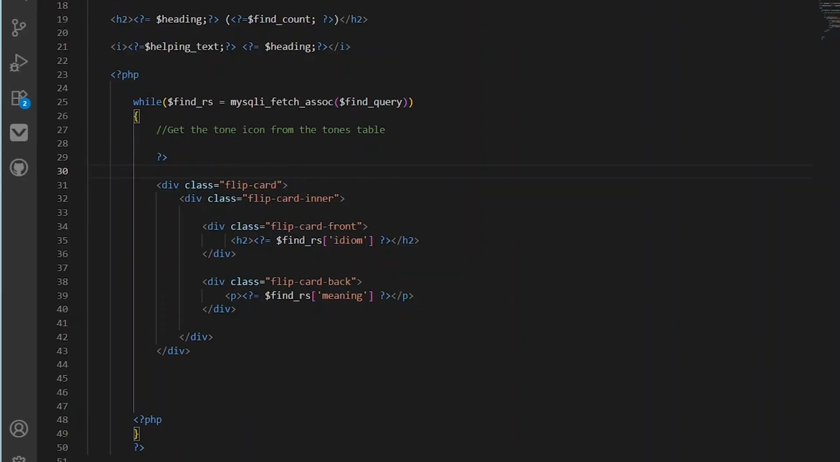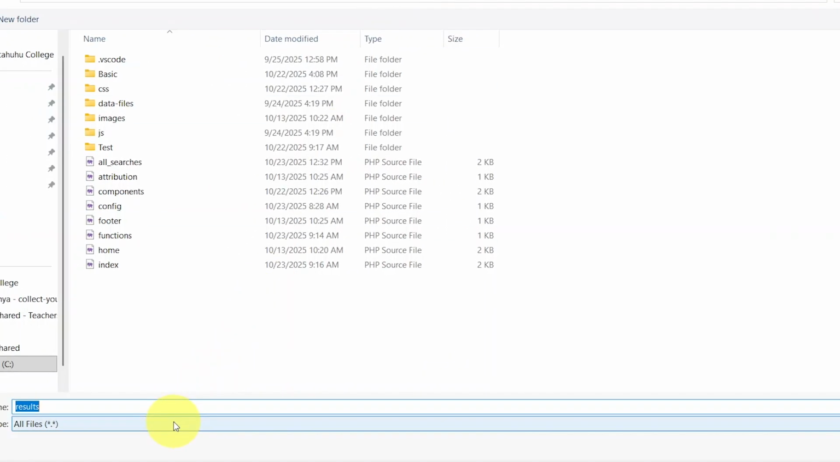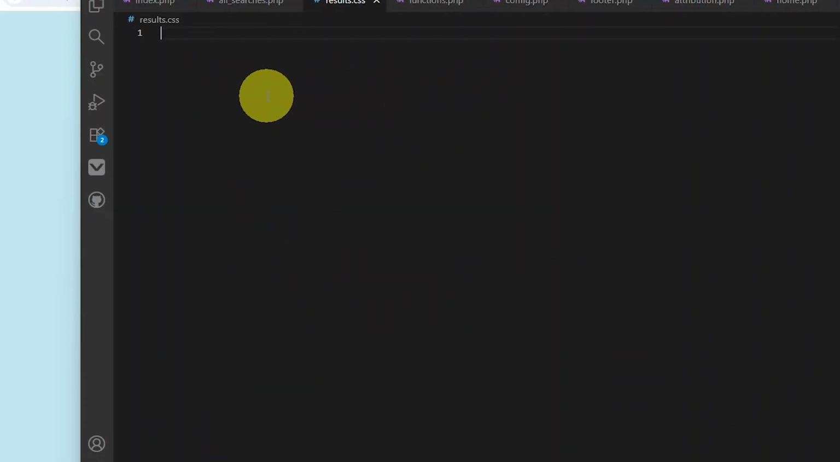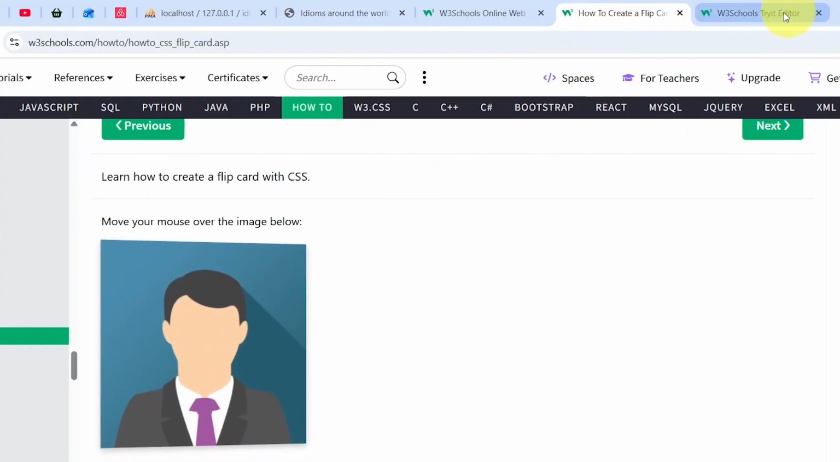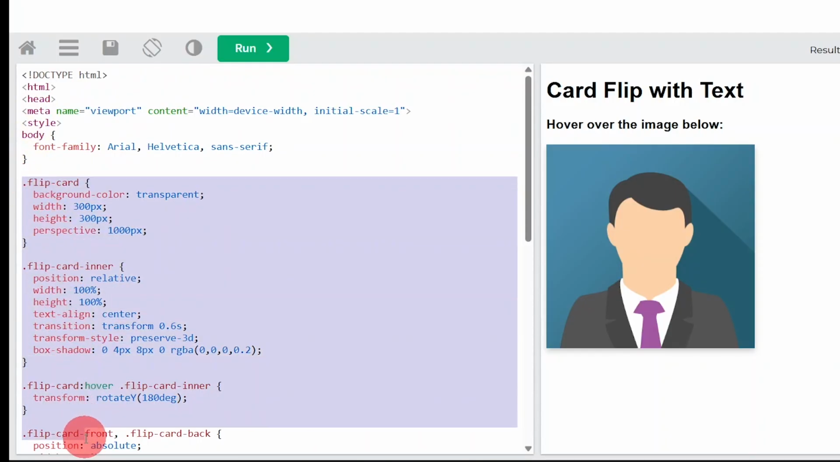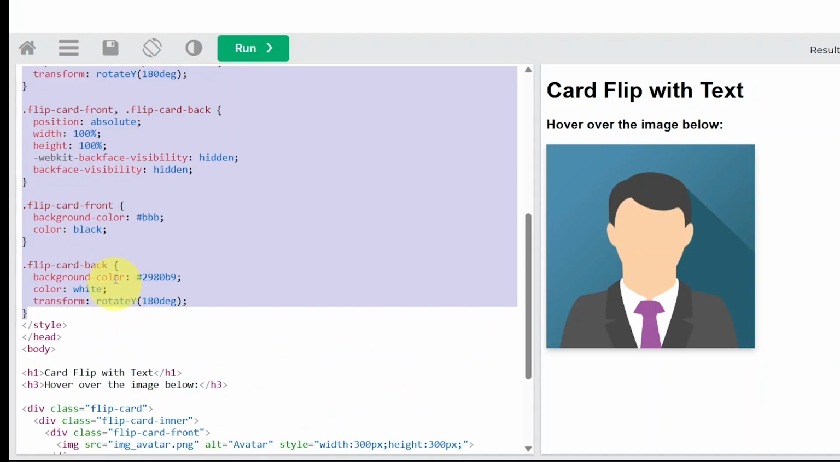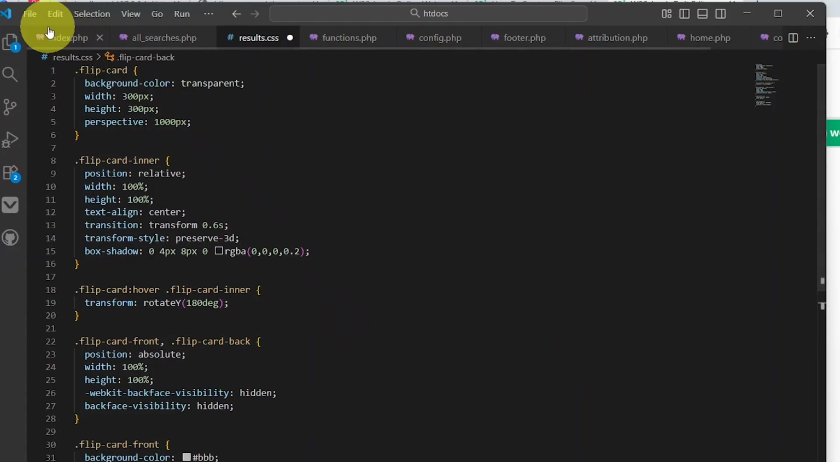For this, we are going to create a new file and I'm going to call this one results.css. That is going to be the file that we are going to use to add the styles for the class. At this point, I need to go back to my W3Schools, find all the style. In this case, I'm going to take from here until this part, copy, and I'm going to include it in my file. I'm going to save,